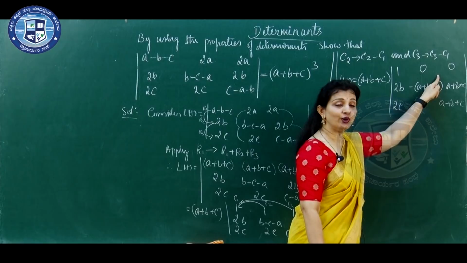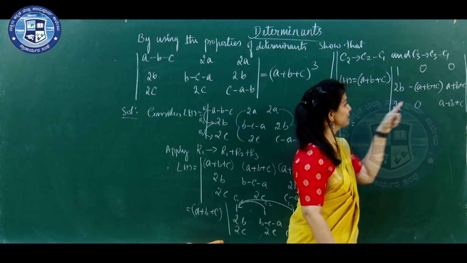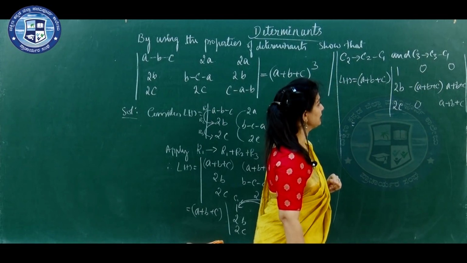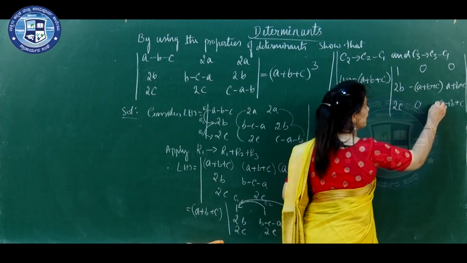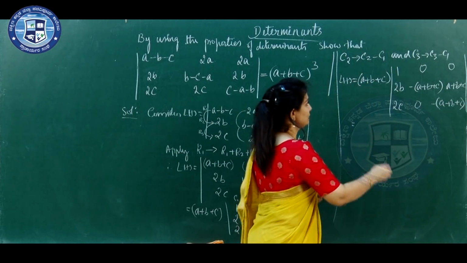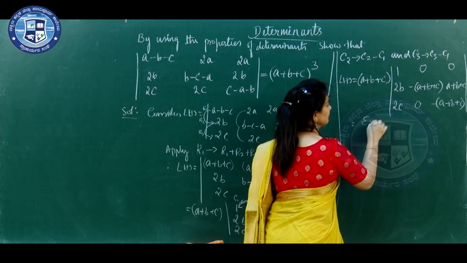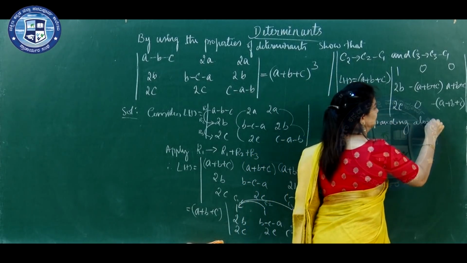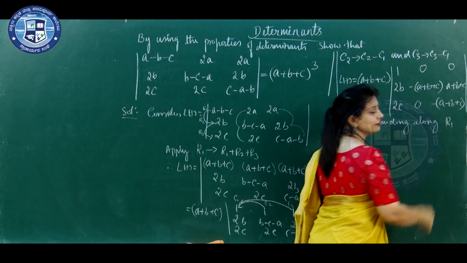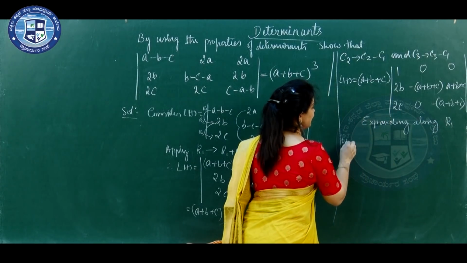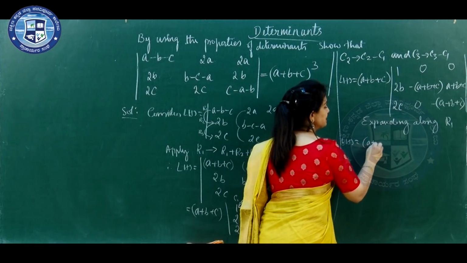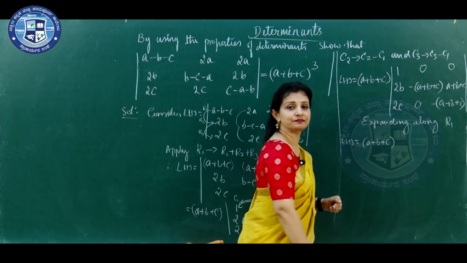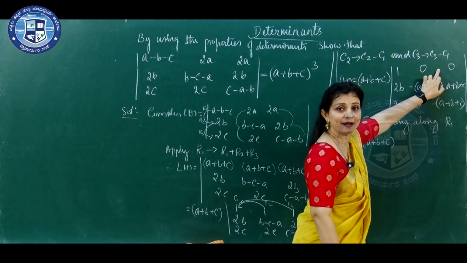So, in the first row 2 elements are zeros, so we will expand along R1, the first row. LHS equals A plus B plus C as it is into,